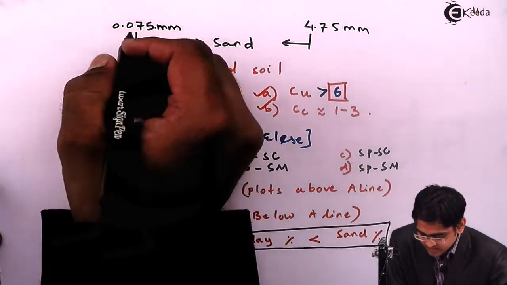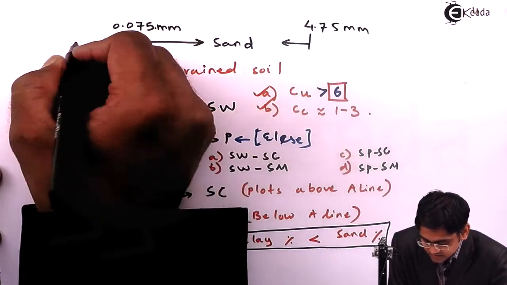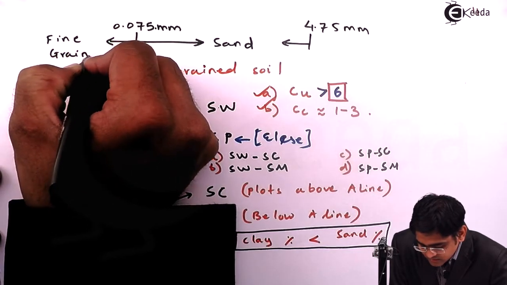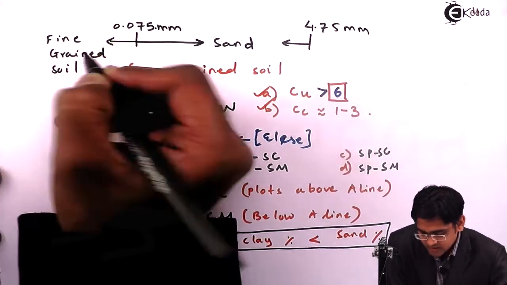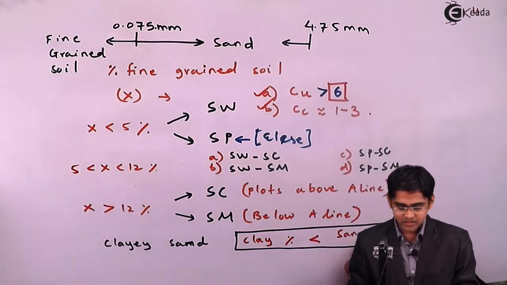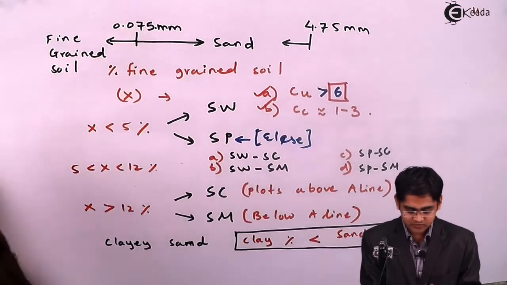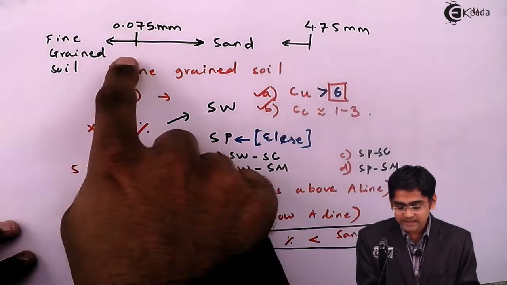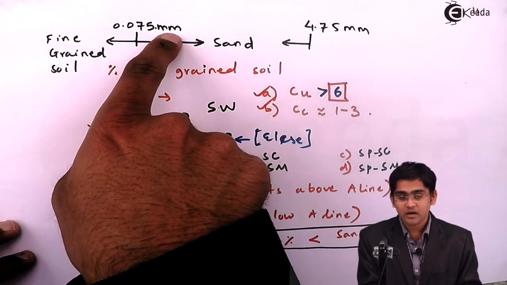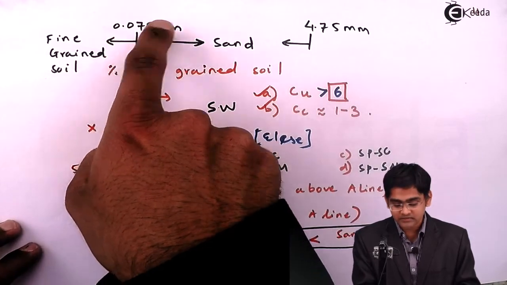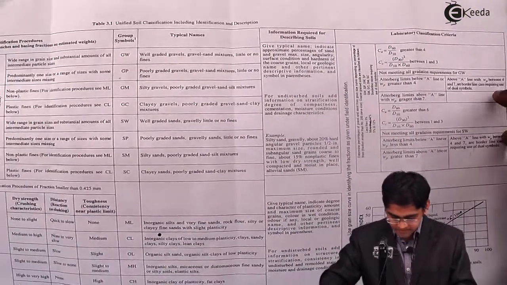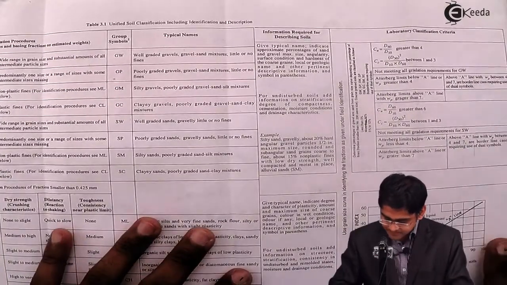Even if it is below this, then we call it fine grained soil. It's clearly understood. But if the soil is fine grained, that means more than 50% of the soil is passing through the 75 micron sieve, or US sieve size number 200,